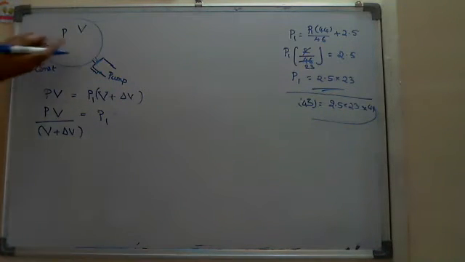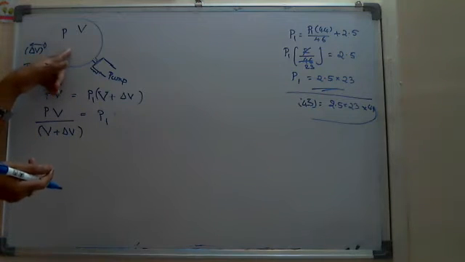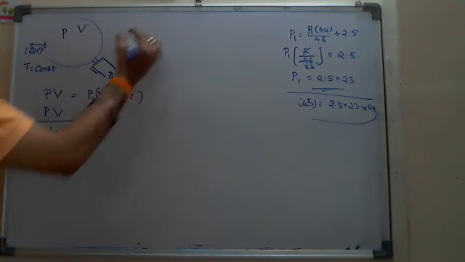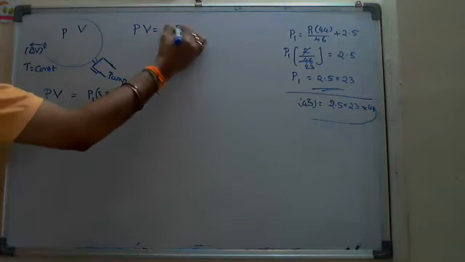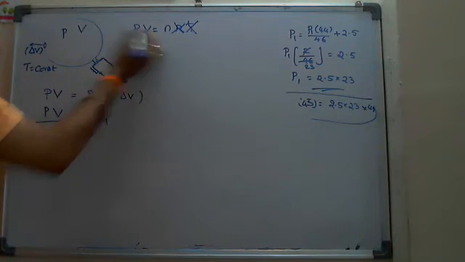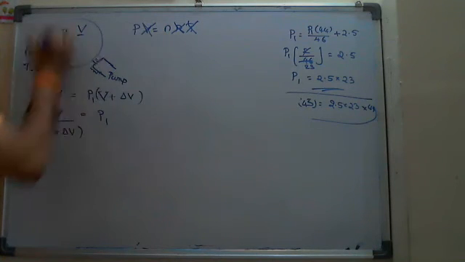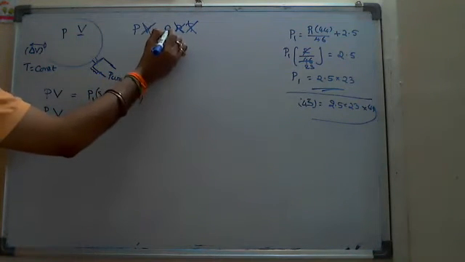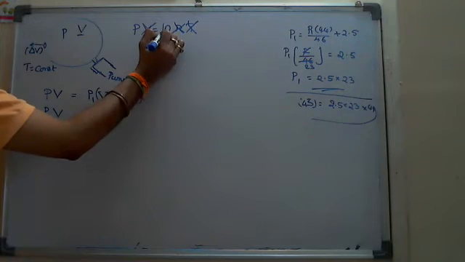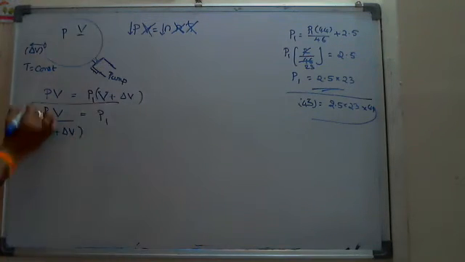So some number of molecules are pumped out, which means the number of molecules inside decreases. The number of molecules decreasing means the number of moles of the gas decreases. According to this equation, T I already kept constant, R is constant. After pumping out, it is again occupying the same volume V, and the number of molecules decreased, so the pressure will be decreased. That pressure I already calculated here.